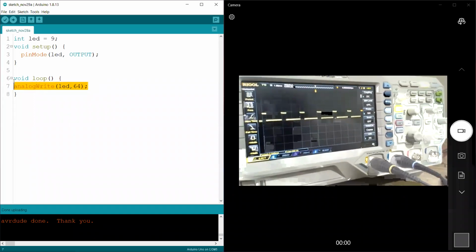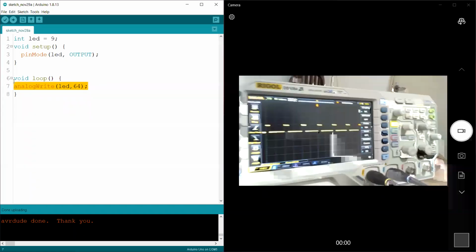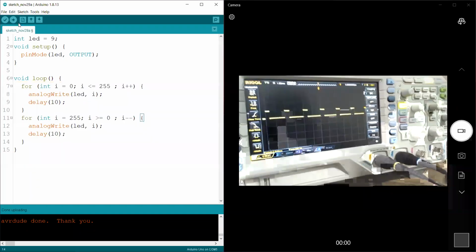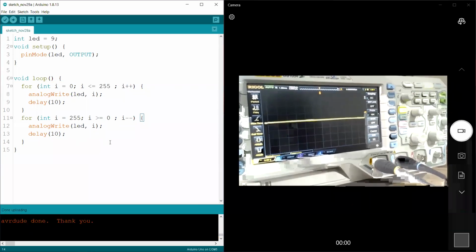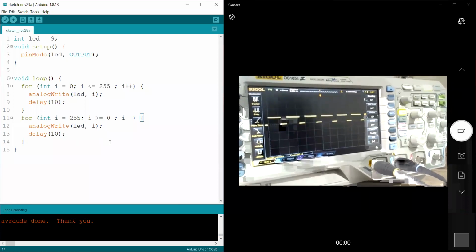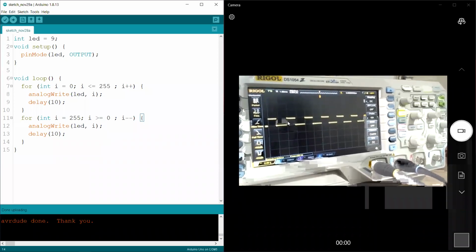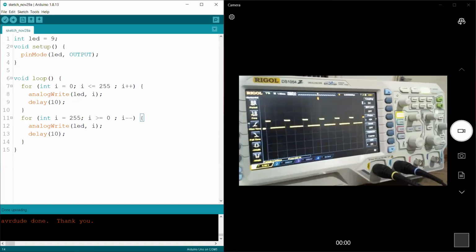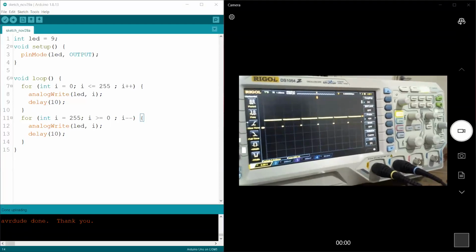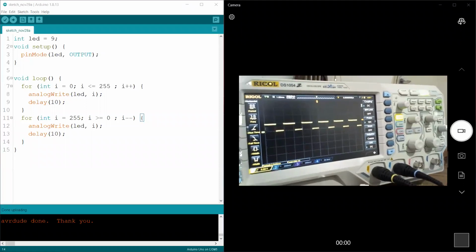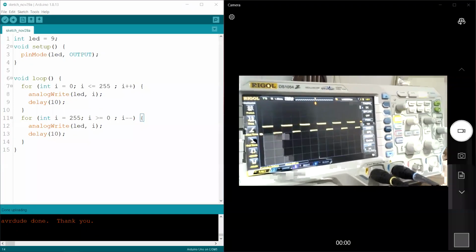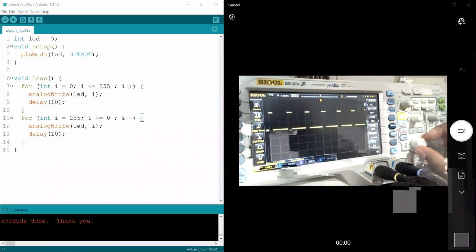And I will show you that for loop code we wrote before. This looks nice, so I want to show you that. So see how the brightness is adjusting now. Can you see this? I think you can, right? I will zoom in a little bit.